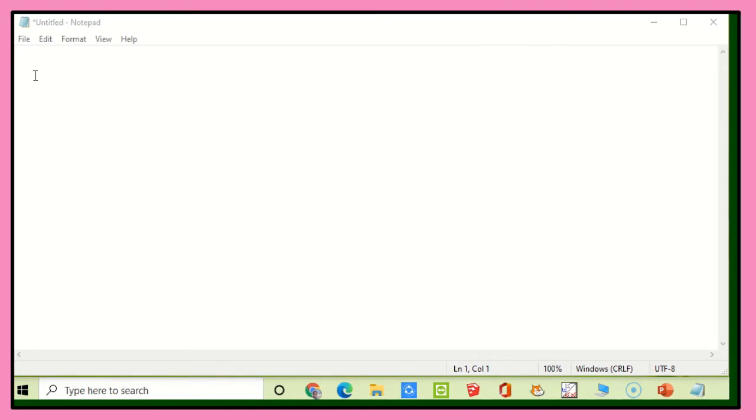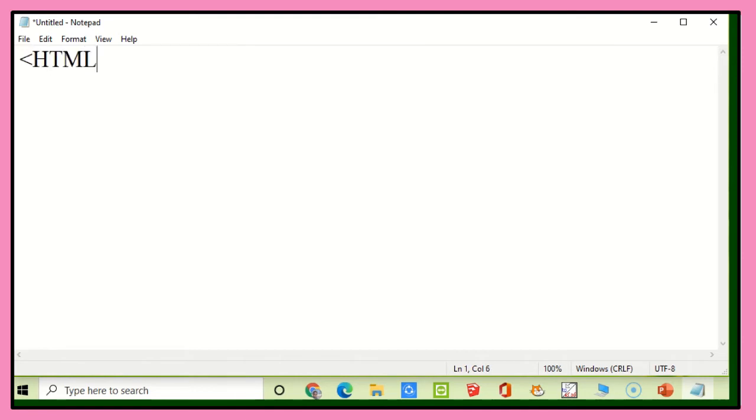Children, whenever we are creating any document, we used to give the main headings as well as the subheadings, isn't it? The main heading will be in a larger size and the subheading in a smaller size. The same thing you can do in an HTML document with the help of the HN tag. In the place of N, you can give numbers ranging from 1 to 6. H1 is the largest level of heading and H6 is the smallest level of heading. Now shall we see, children, how to create the different levels of heading?